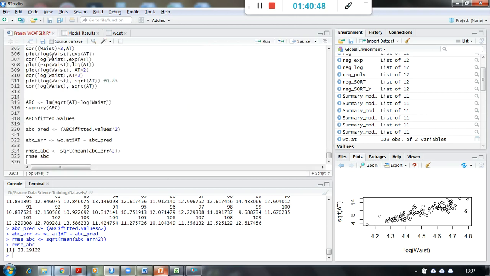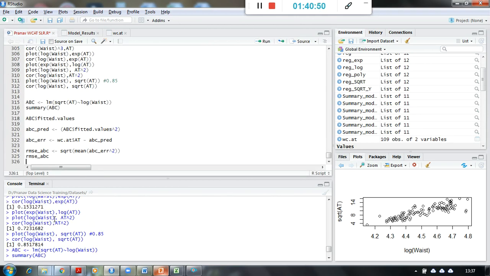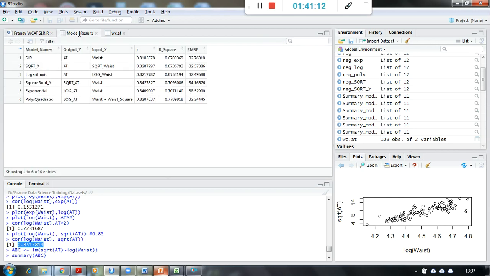Okay, which means even though I have got 0.85 as correlation between the log of west and square root of 80, that doesn't mean that it is going to be the best model for me, right? So this is how, guys, we have to keep trying and doing our research work with different formulas, as long as my objective is improved or increased r square and reduced RMSE.